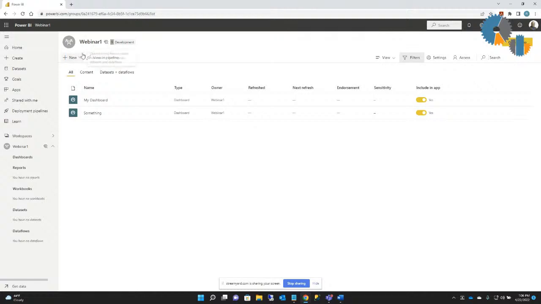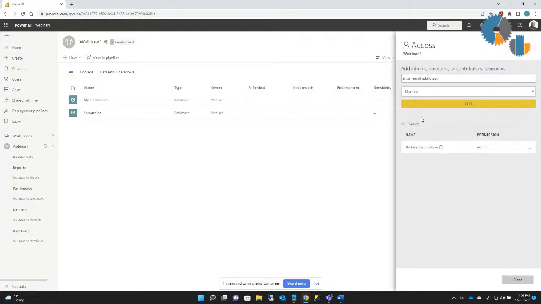So if I wanted to set up users for this workspace, since I'm an administrator, I'm going to see an option over here to the right for access. Now, when I click on access, it's going to give me another type of screen that's going to allow me to set up users for this. So I'll go ahead and put in Jake again on this one. So if I do Jake Bendickson, and the members